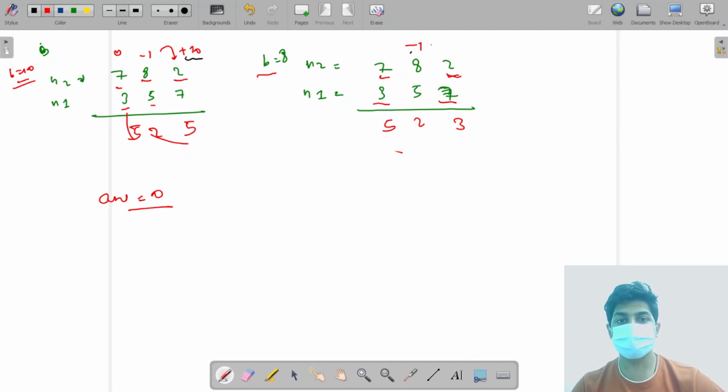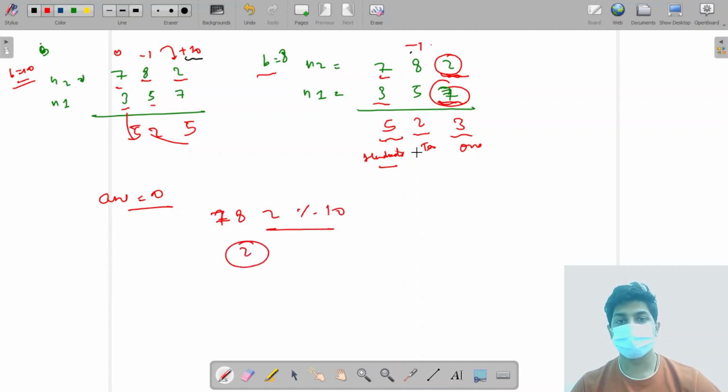What we will do, each time we will subtract the element, whatever digit we are getting. Suppose this is ones place, this is tens place, and this is hundreds place. Okay, we are using the same method which we used in the any base addition problem, which was the last problem. We'll one by one extract the digits, and as I have told you, to extract the last digit we take modulus by 10, so we will get the last digit as 2.